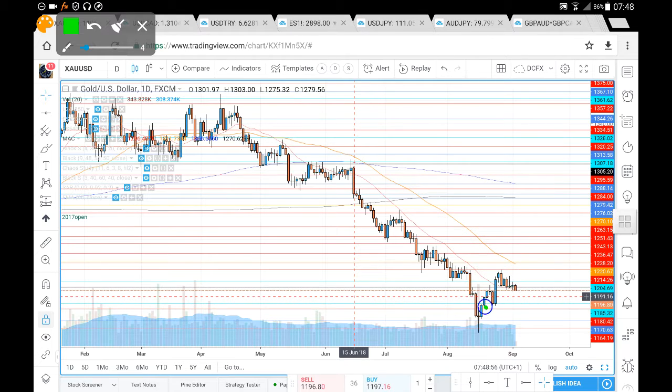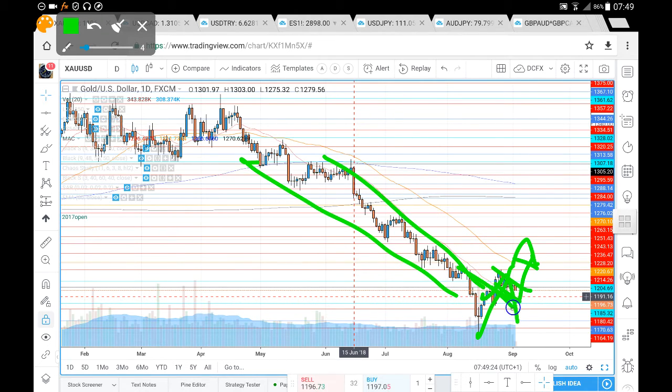If we do see this breakdown again, looking for a move down towards 11.85. Previously an area we had a pullback before we did see bullish momentum. So again, look to see whether 11.85 does hold. Beyond that, we've got the 11.80, 11.70, and beyond even that, we've got our previous lows all the way down towards 11.60 here on the XAUUSD. Previously, the trend is pretty clear. It is here to the downside, so the trend previously has been to the downside before this brief rally, so we'll see if we can have continuation from this rally, or if we will break back into the downwards trend and see prices retest our lows in